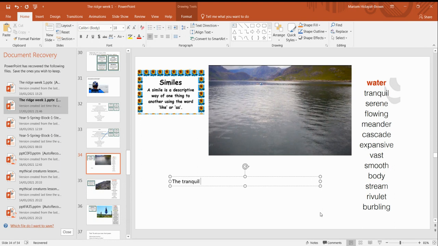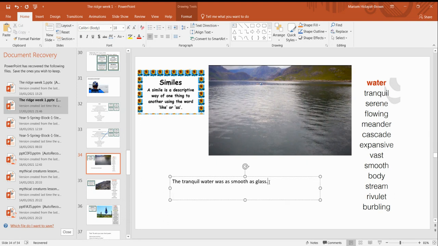The tranquil water was as smooth as glass. Good, so I've used as. You remember you can use like or as to describe how smooth it is.